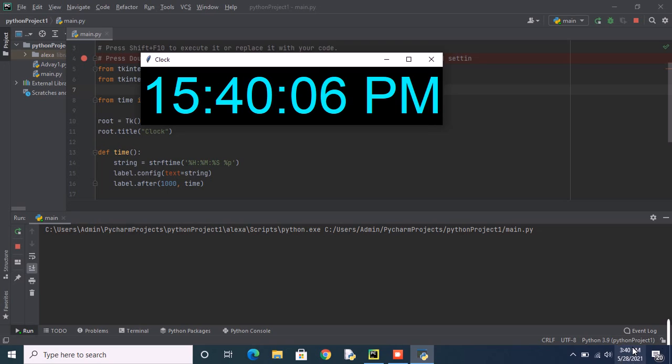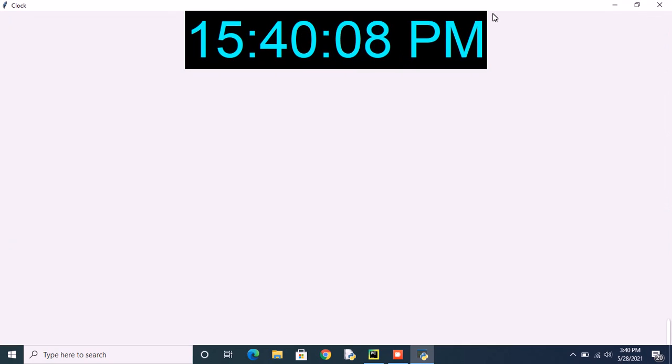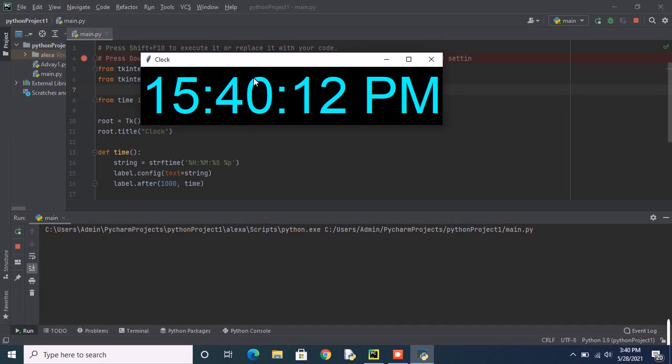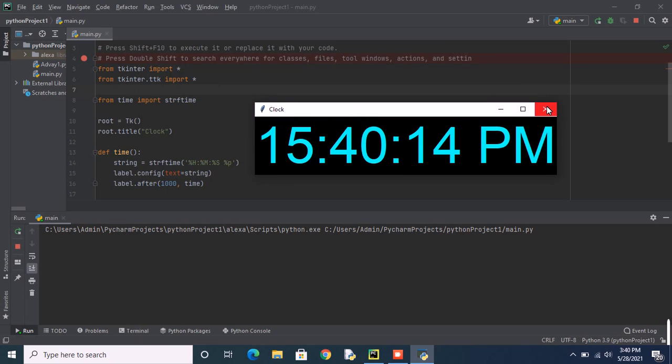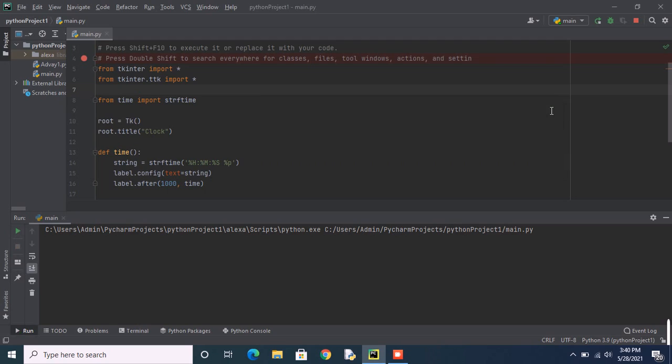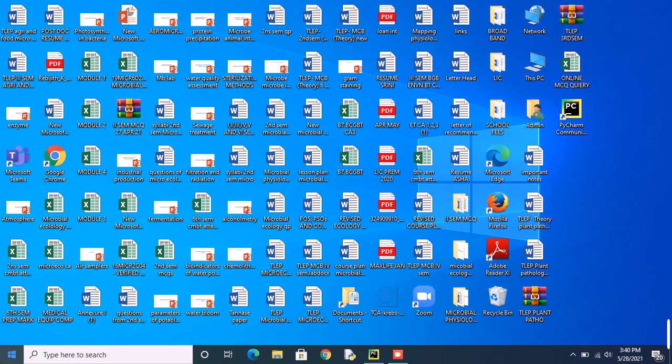Let me open this. Yes friends, you can even open this with the help of command prompt. What you must do is copy this text here, Control C, and let me minimize this window and go to command prompt.